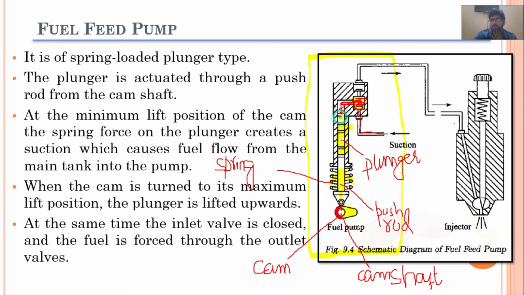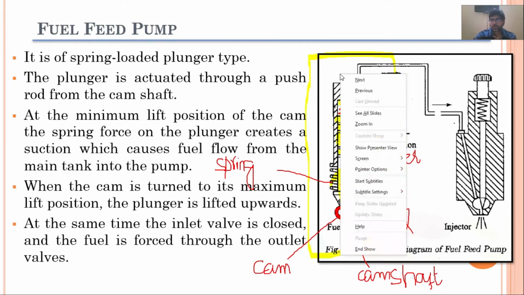And when this plunger has moved upward, the pressure of the fuel which is trapped inside this cylinder, inside this passage, has now been pressurized, and the inlet valve has been closed. And because of this pressurized fuel, the outlet valve will be opened,